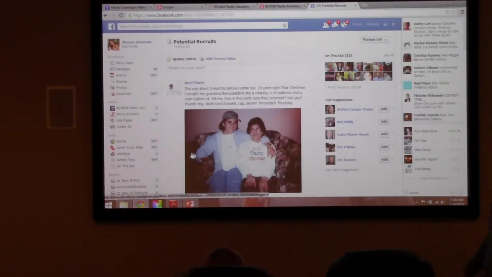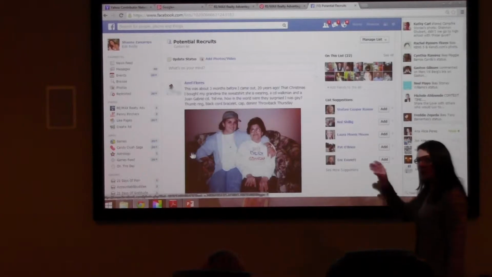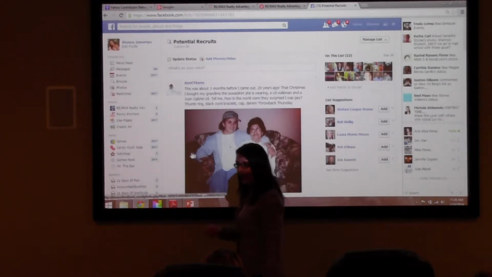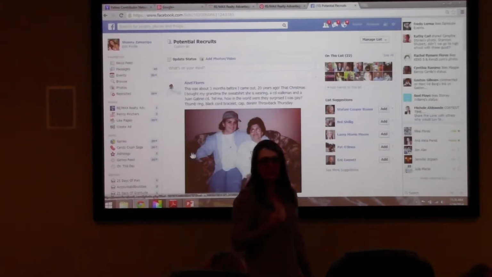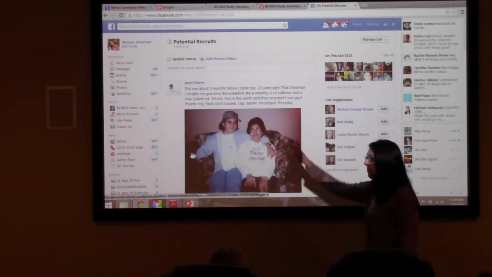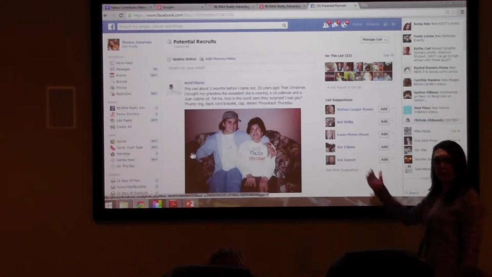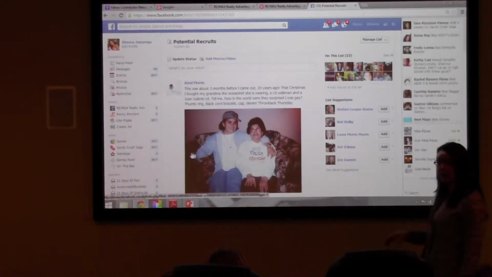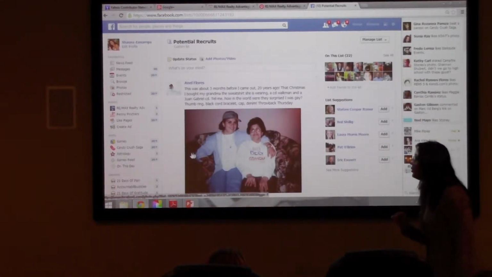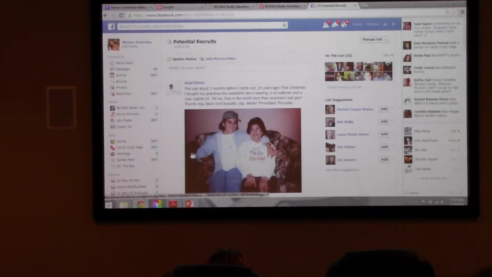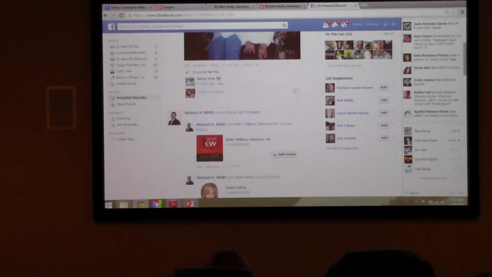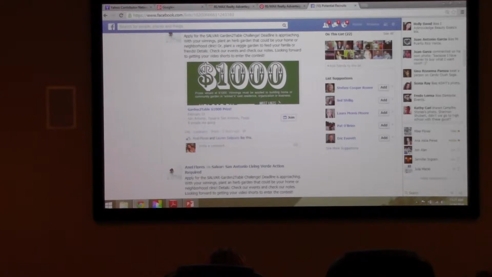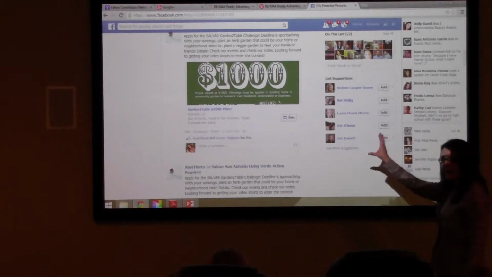I'm filtering that content. So when you're seeing somebody who's announcing that moment of truth, like a friend of mine the other day posted a sonogram picture, we know she's going to be in the market for a house soon. So I'm going to put her on one of my stalking lists, right? So that I know when the right time is to contact her, but so that I can also interact with her more. So what I can do with this is take the people that I'm stalking, and make sure that I'm having relevant conversations with them on a regular basis.